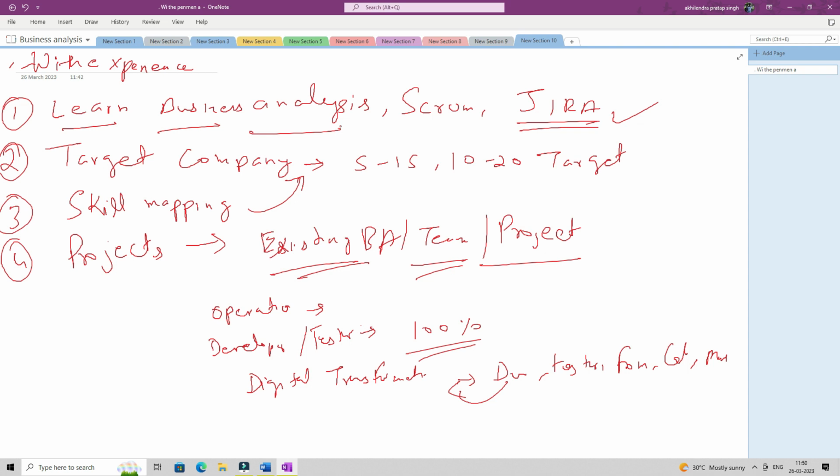So if you are a developer, you are already working on the requirements, you are already going through them. If you are a tester, you already have access, you are already going through those user stories to write your test cases. For developers and testers, it becomes really easy. You cannot complain that you don't have access. But if you are somebody from operations, then chances are you won't have direct access, at least, to these tools or user stories or information. In that case, you might have to reach out to your management, or if there is an IT team on your floor in your building, reach out to them and try to get as much information as you can, and then use that to work on your own projects and work on your company's project.